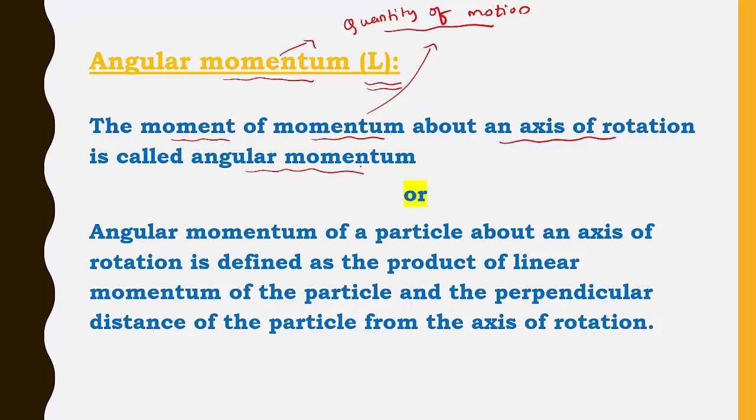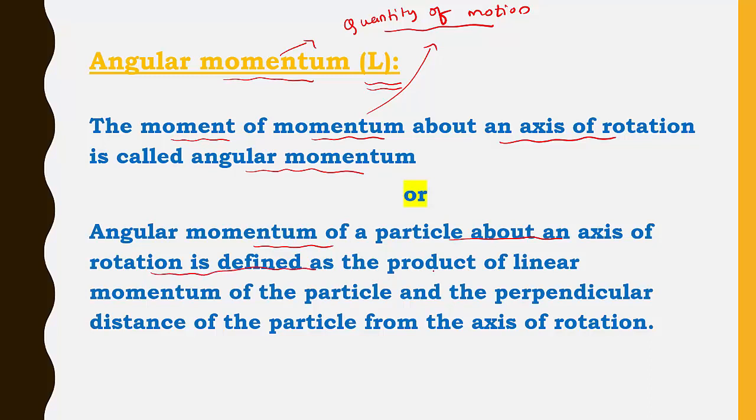Momentum means quantity of motion. Moment means that force is applied at a certain distance. When you apply force at a certain distance, the object has rotational motion. It will get a certain quantity of motion, and then it is called angular momentum. Right? Or it can also be defined mathematically as the angular momentum of a particle about an axis of rotation